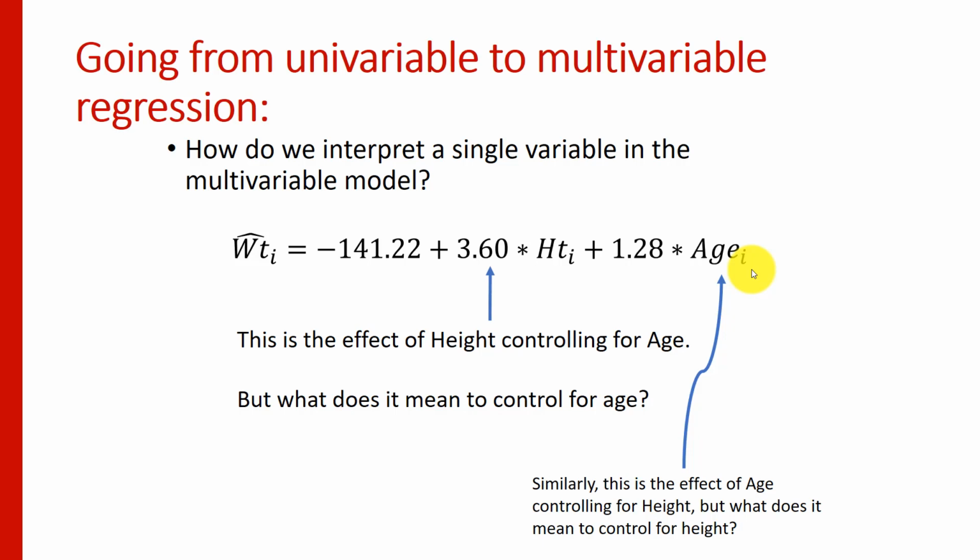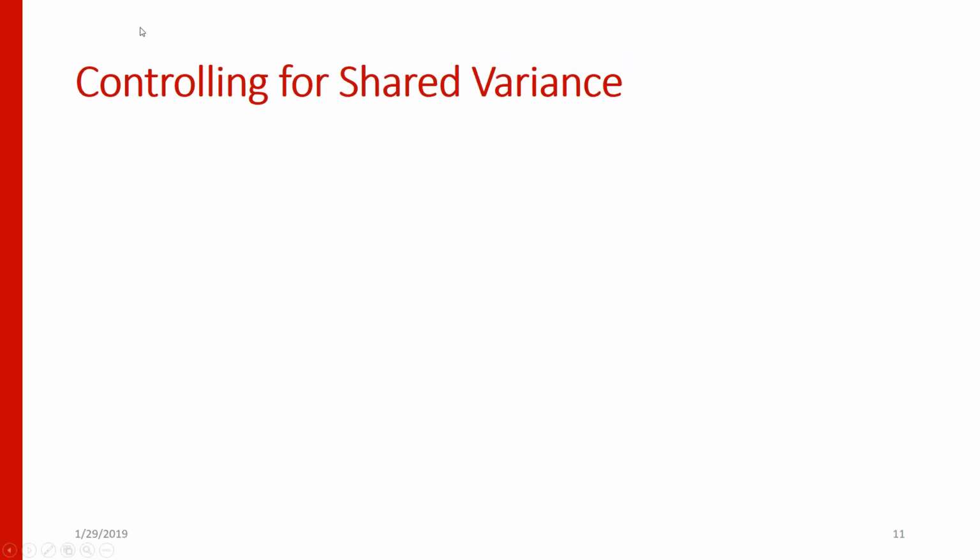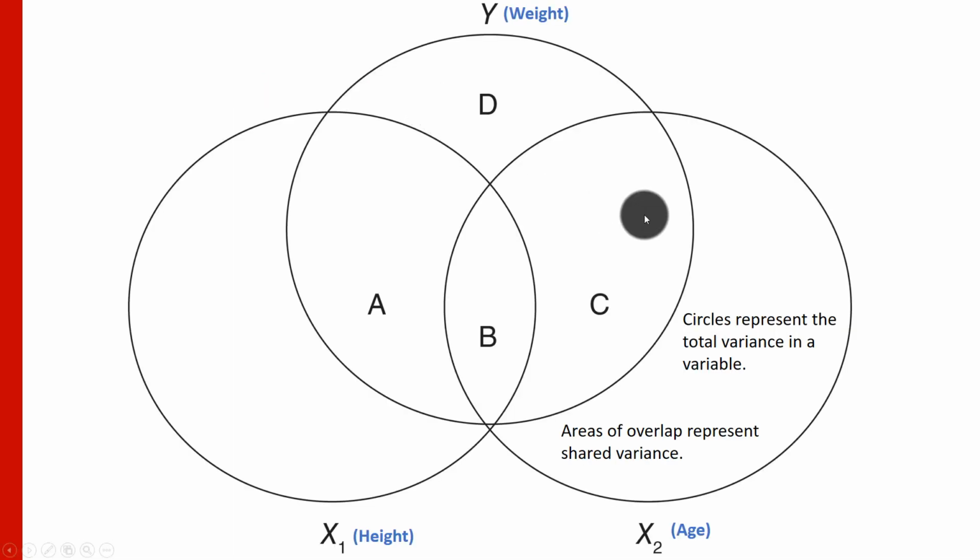And then in the subsequent module, we'll actually walk through the statistical analysis in R to show you what the multivariable regression is actually doing. So first, we're going to talk about how we control for shared variance. The idea is that age and height are related to each other, so we need to account for that shared